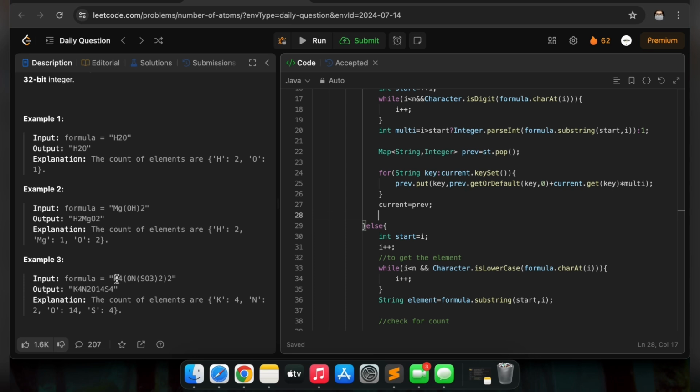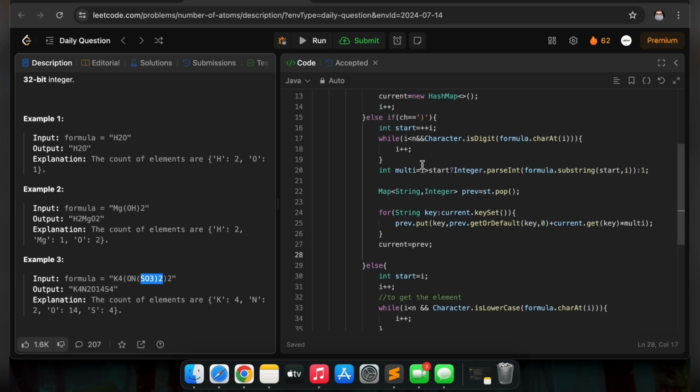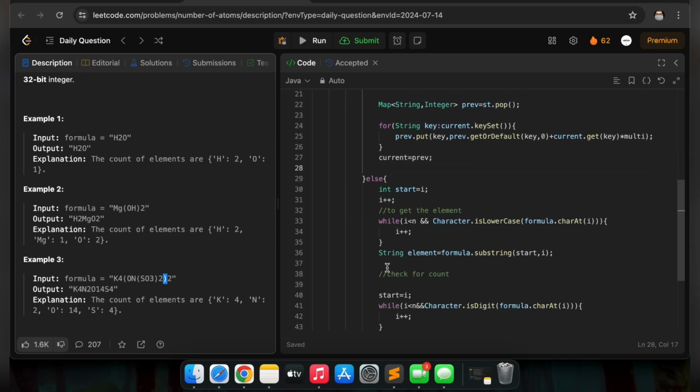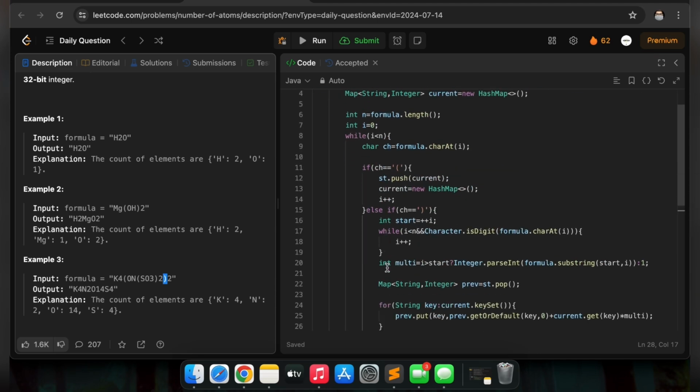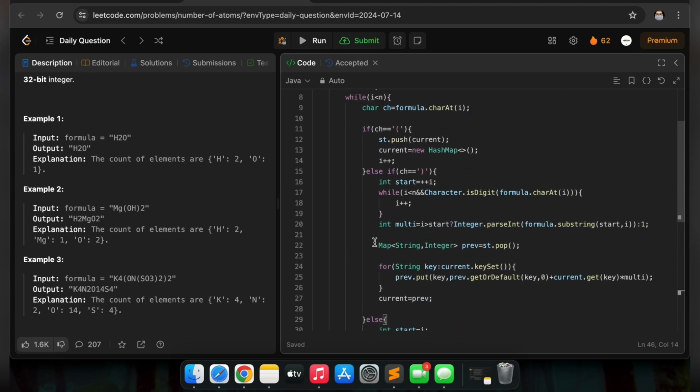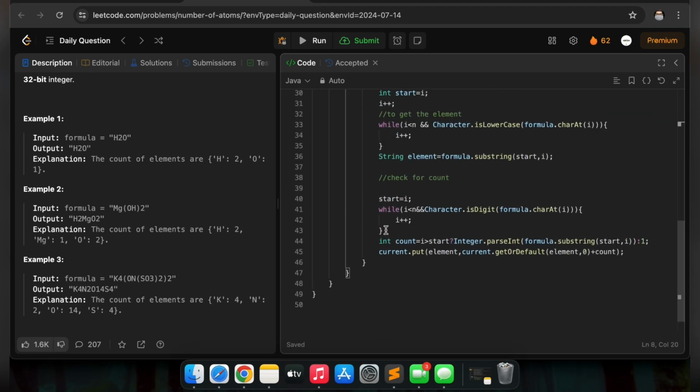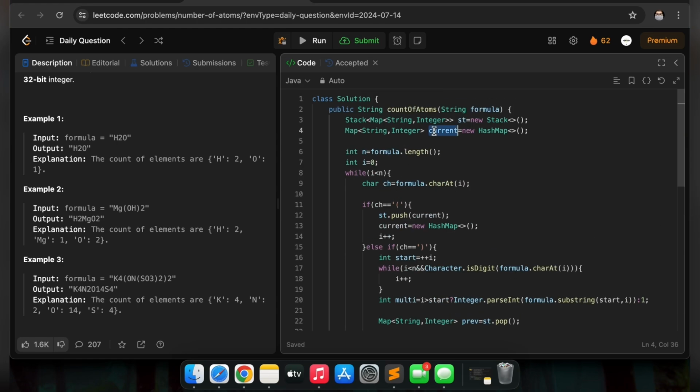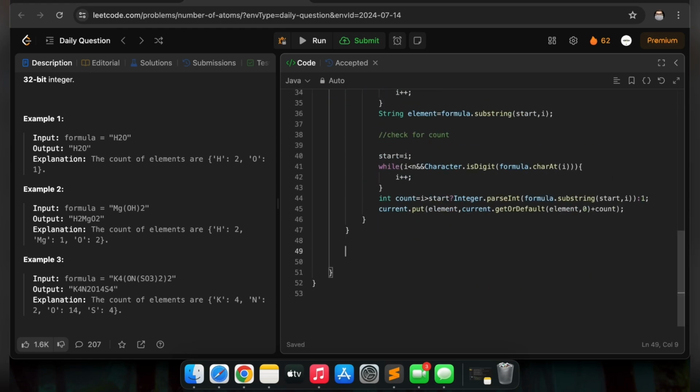Right, so let's say we started from there. When we counted 2, we got the number. Then we resolved this section. We got the number, and since we extracted the number, our pointer is already at the next bracket or something, so we don't have to worry. So ideally this should have everything now. We have everything in our map. So in the end my main current map will have everything. So all we have to do is extract them into